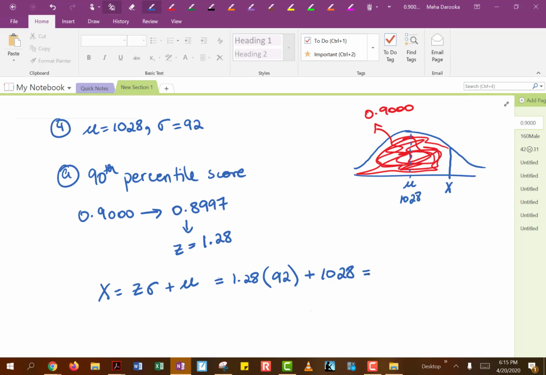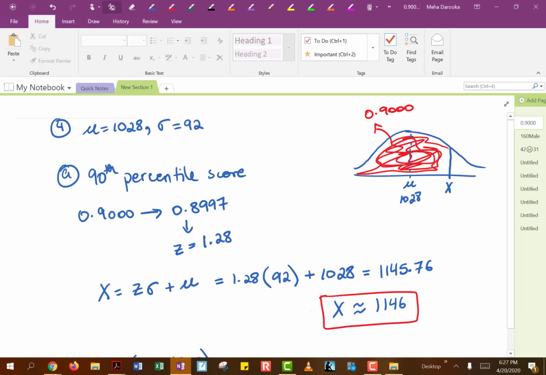So if we plug this into our calculator, we actually come up with a score of 1145.76. Let's go ahead and round it up to a whole number. So this will come out to be 1146. So basically we are saying if a student scores at 1146 in their verbal and math on their SAT, they are going to be in the 90th percentile, which means 90% of the test takers will have a score less than